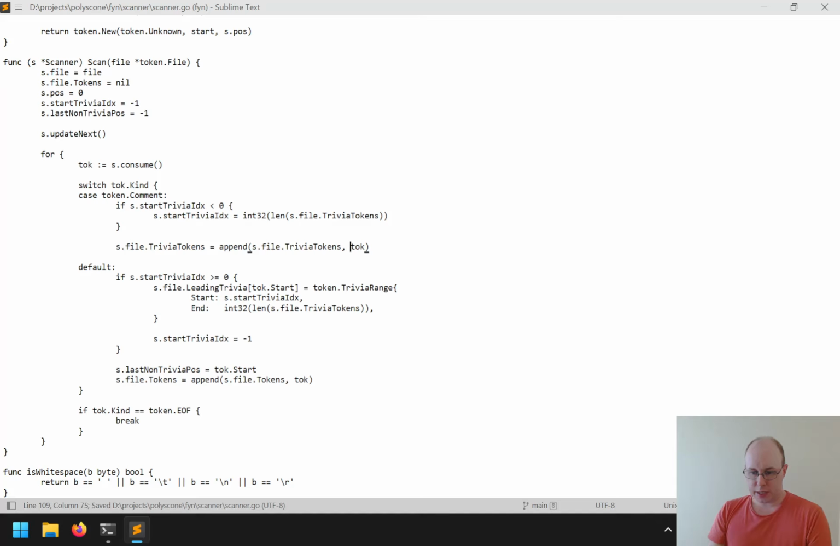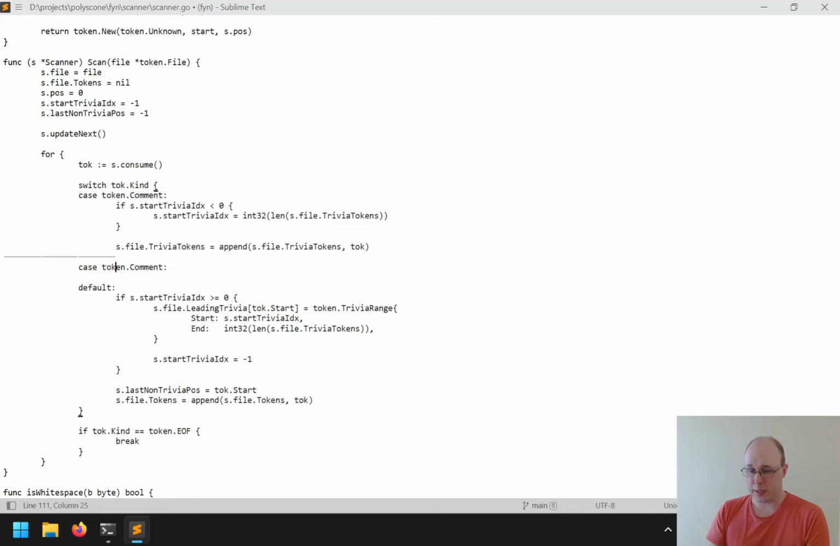If there's any comments, then this still works just fine. But now I need to know if there's a new line, so I think the easiest way will be to just do that as a new line comment, a new line token. So we'll say that if we hit some token that's new line,